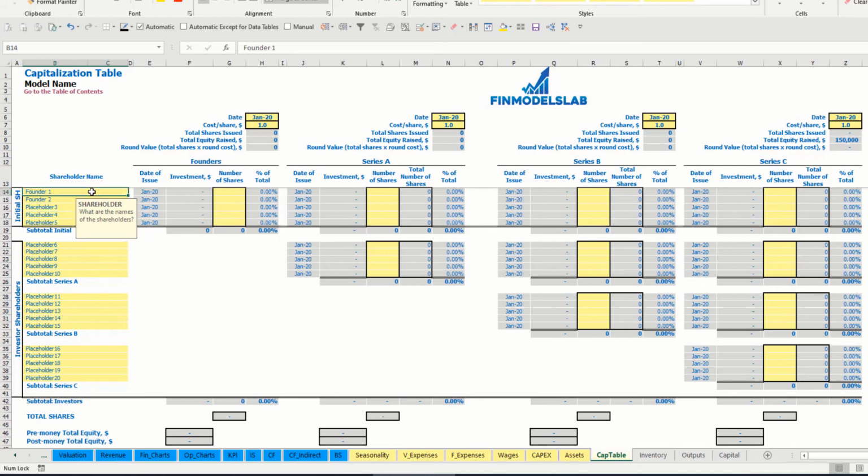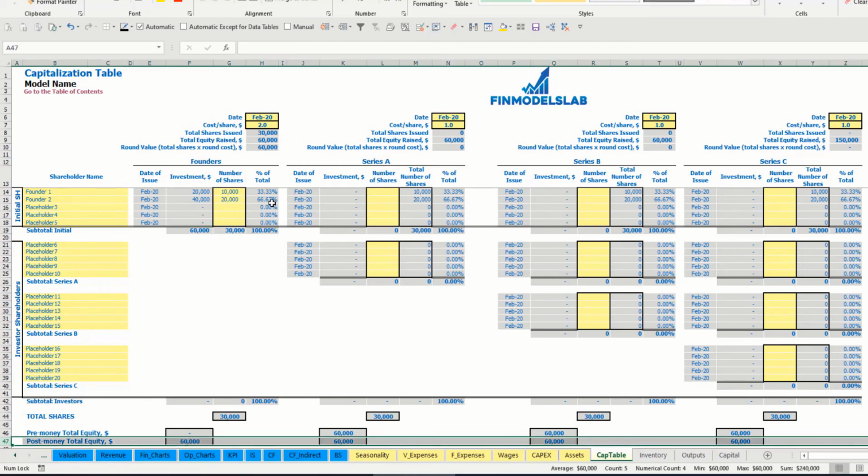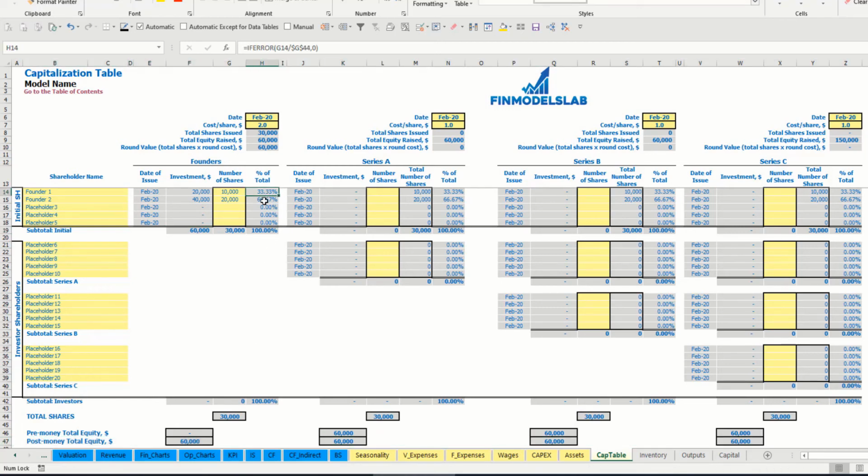So total amount of shares for founder 1 can be 10,000, for founder number 2 20,000. Let's imagine that cost of share will be $2 and the date of founding is February. This means that investment for founder 1 is $20,000, for founder 2 is $40,000. In total, they invest $60,000, which you may see here. The dilution is 33 to